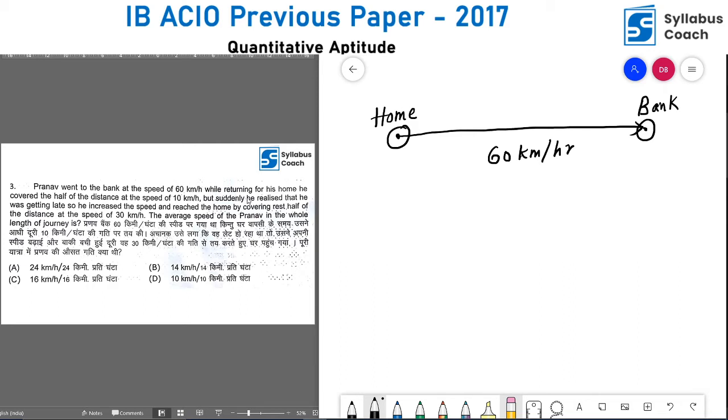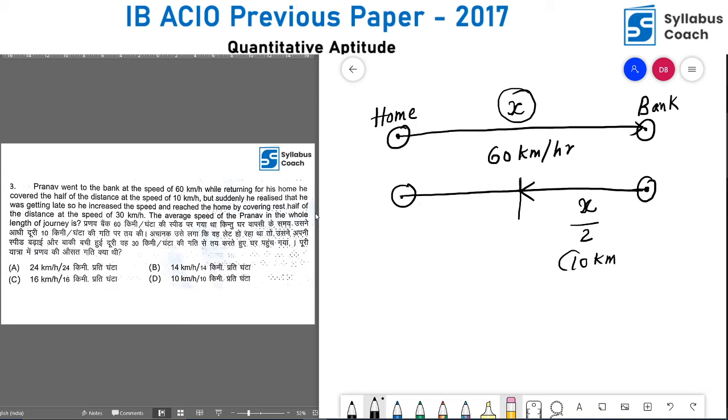And now, what happened? While returning for his home, he's coming back. While returning back for his home, he covered half of the distance. So he traveled from the bank, and this is the direction: from bank he went to home, right? Now he covered half of the distance. So assume the total distance is x. Okay, this is the distance. Now he covered half of the distance from the bank, which is x by 2,